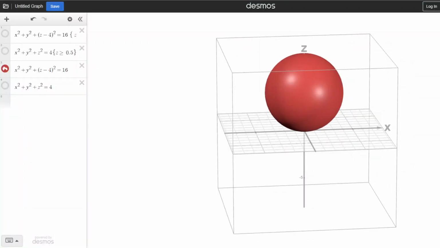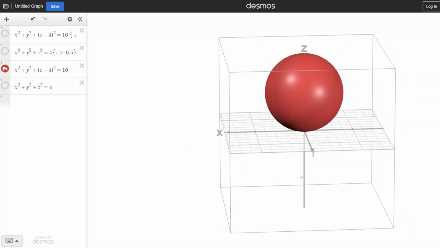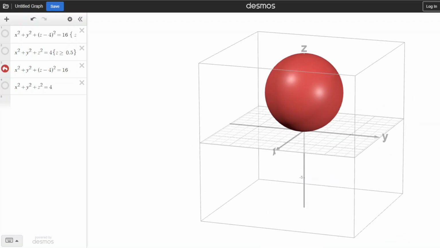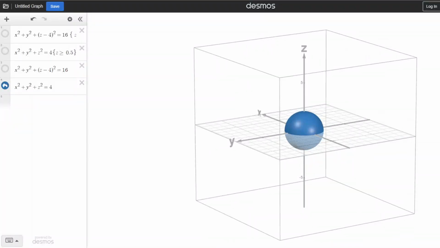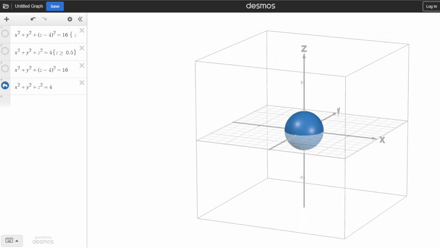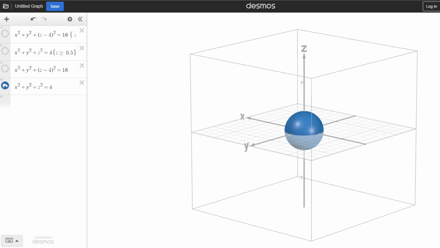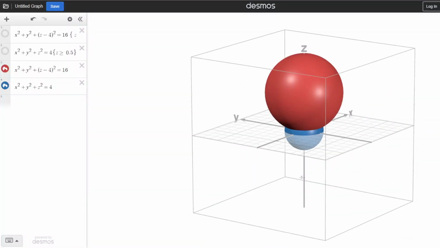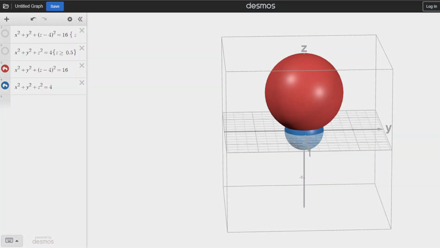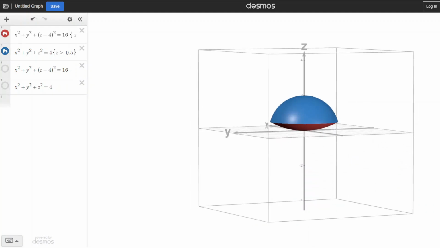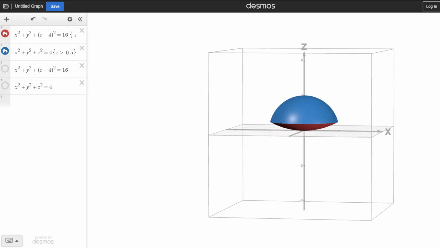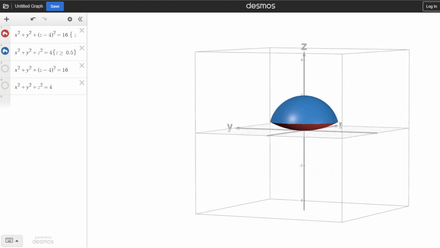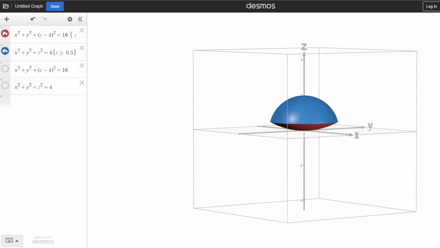So this is the red sphere in isolation, and with this, both upper and lower hemispheres are above the xy plane, with the lower hemisphere being tangential to it. And this is the blue sphere in isolation, with the upper hemisphere above the xy plane and the lower hemisphere below the xy plane. And if I put the two together, we get this structure where the two spheres intersect. And if I limit the structure to where the two intersect, we get this. And we want to find the volume within. Note the volume includes part of the upper hemisphere of the blue sphere and part of the lower hemisphere of